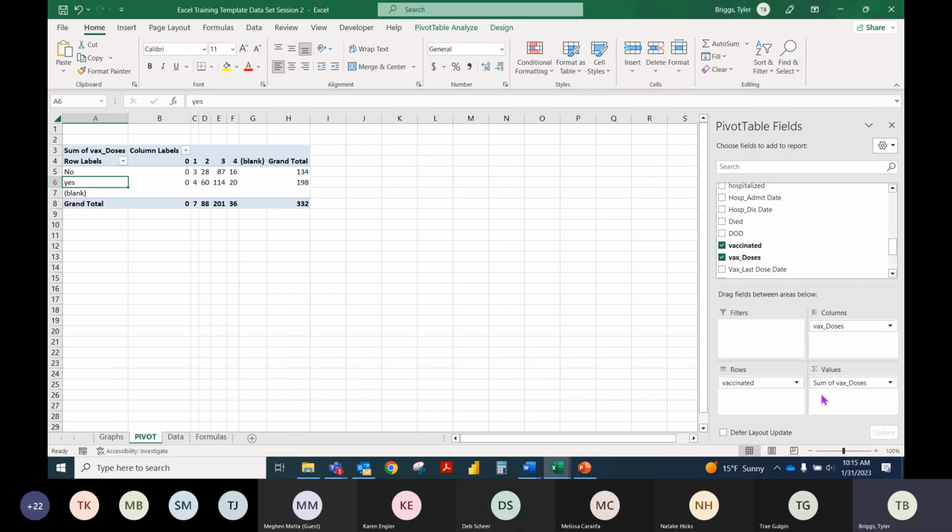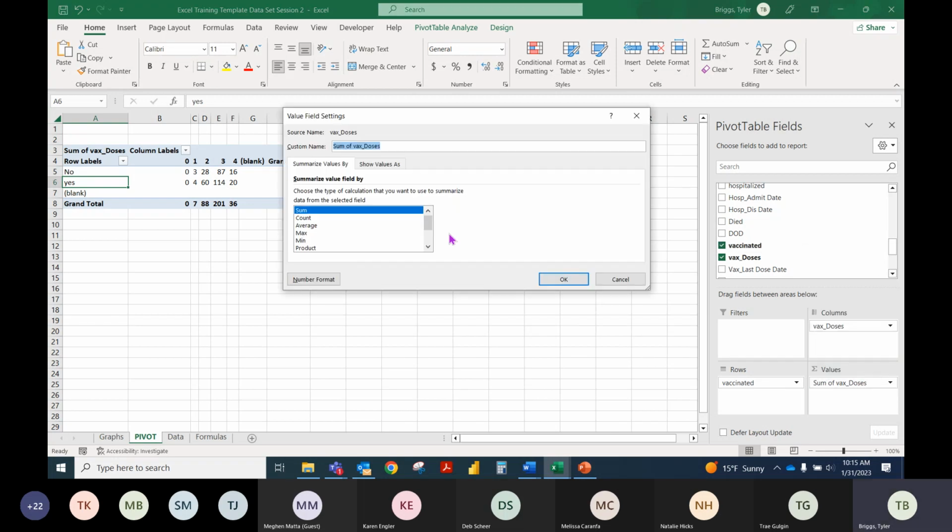You can see in the bottom, the sigma values, this is essentially our calculated values. This is asking us, based on our row variables and our column variables, how we want it to count. There may be times, depending on the variables you dump over here, that it populates this to sum, which is probably not what you want